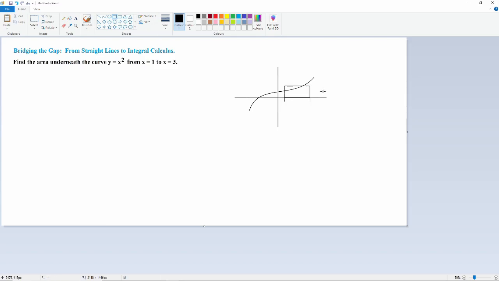And hopefully the bit that is under cancels out the bit that's over. And that gives us an approximation of the area under the curve. Of course, if we had multiple smaller rectangles,